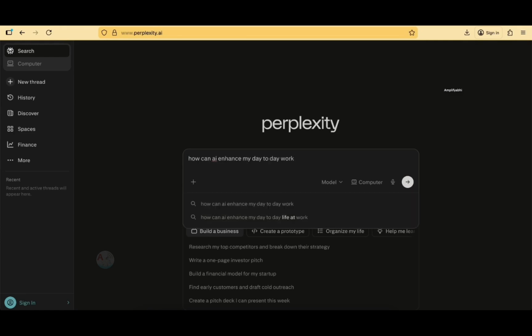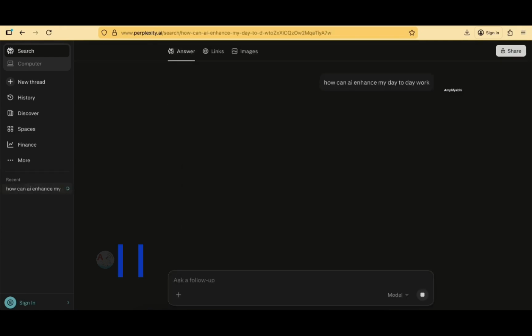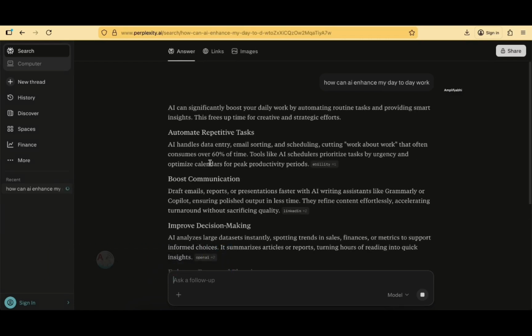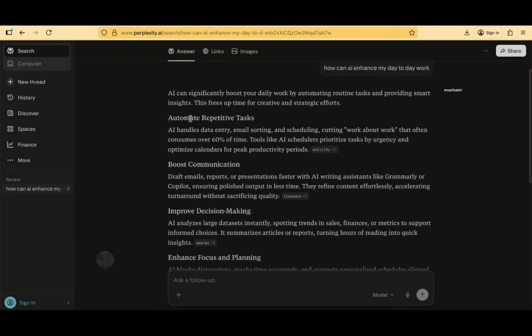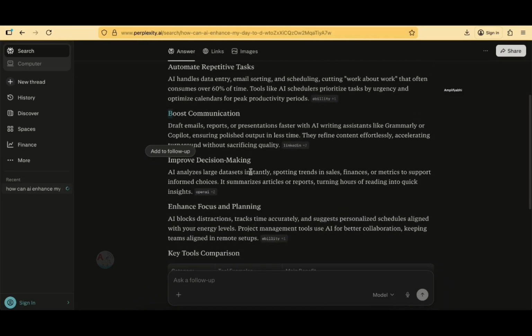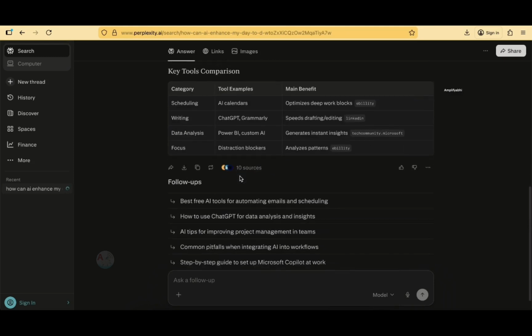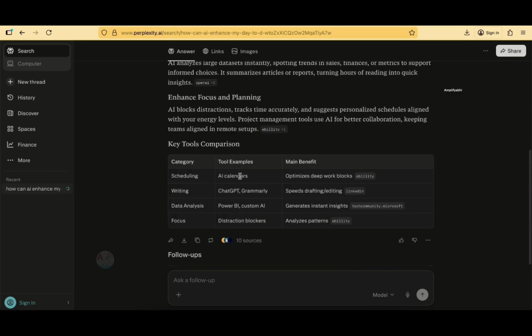So this is the prompt I'm giving to Perplexity over here, and again it's a basic prompt. It explained the best use cases of using AI in our day-to-day work, like automating repetitive tasks, boosting communication, improving decision making, enhancing focus and planning. So see, we just took a simple topic and it gave us various ways of thinking